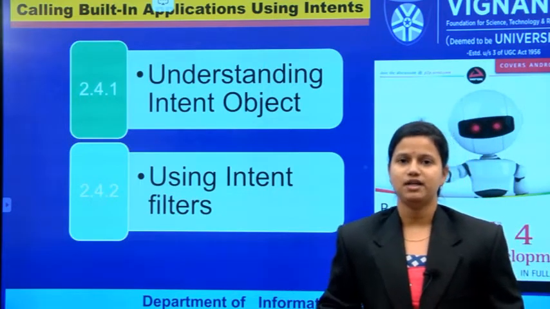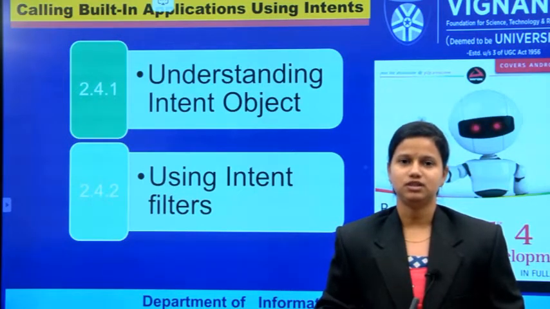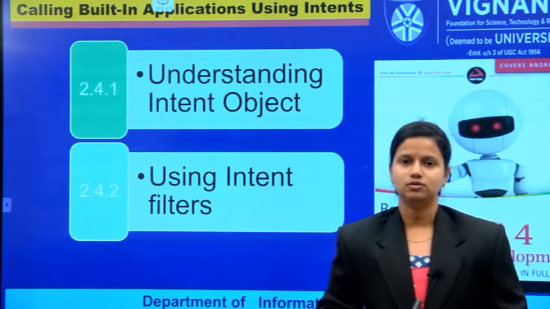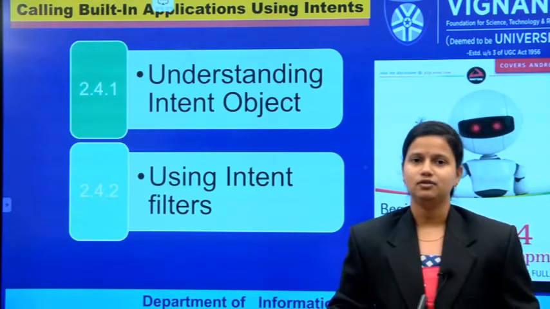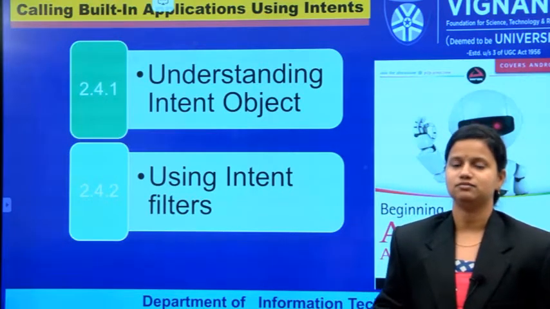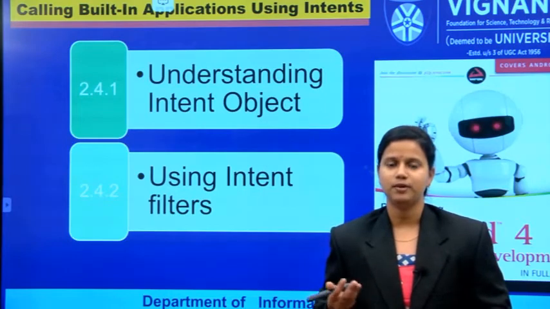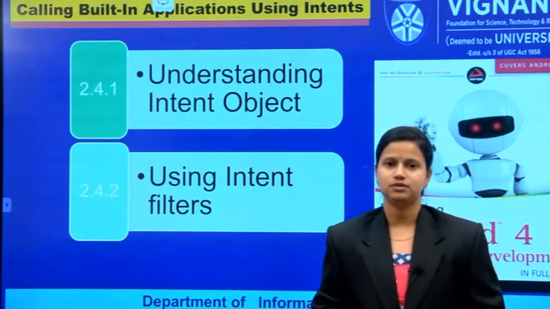So from your application you have to maintain communication with the already available applications that are presented in your mobile. So what are those? Whenever I am developing an application, say I have a button named browser. Whenever you press that browser button, it opens the corresponding browser website for your internet.